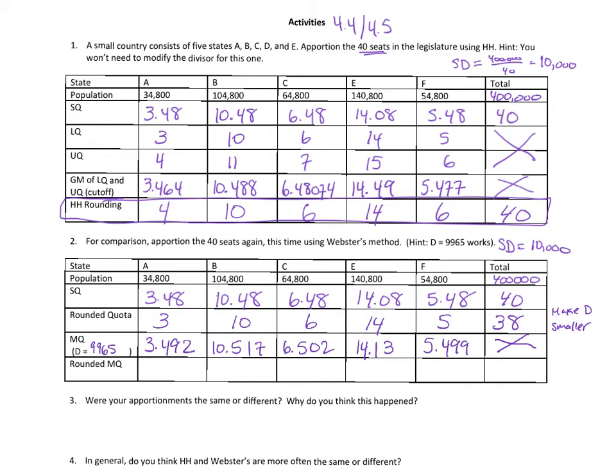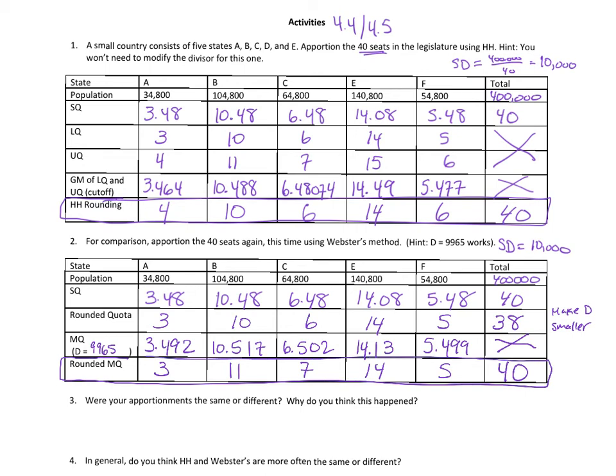Now we're going to round. Standard rounding, Webster's method. We just do the normal rounding that you learned at some point in your previous math education. So 3.492. 0.492 is less than 0.5, so we round down. Then 10.517, that goes up, up, down, down. And when I add these up, I get 14 plus 7 is 21, plus 14 is 31.35, plus 5 is 40. So I gave out exactly 40 seats. That's my result